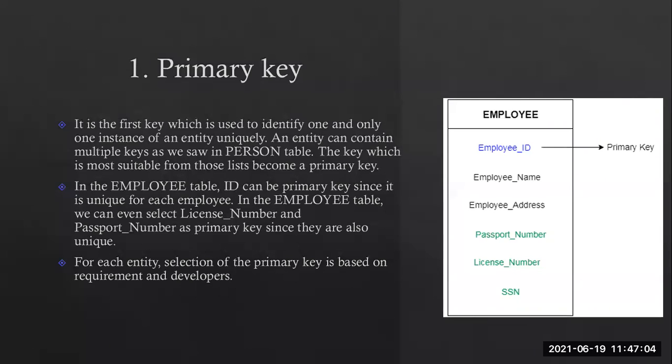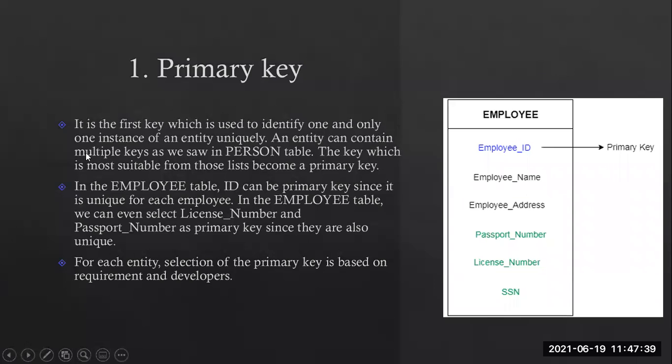Now, the primary key is not a normal key. It is the first key in your table, whichever the first key or first value it is. It is used to identify one and only one instance of an entity uniquely. I am saying constantly, 401 to Sai Prakash is 401 to Sai Prakash only. 401 cannot be given to Pranay. It is already recorded here.